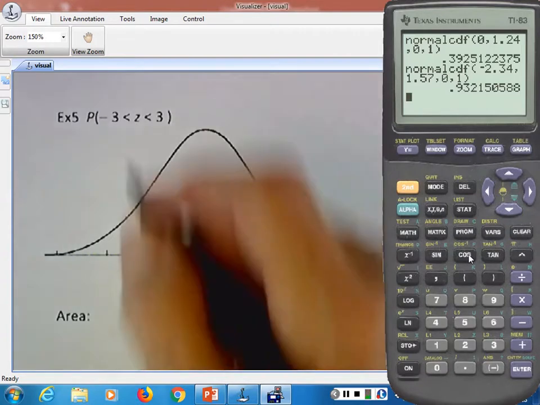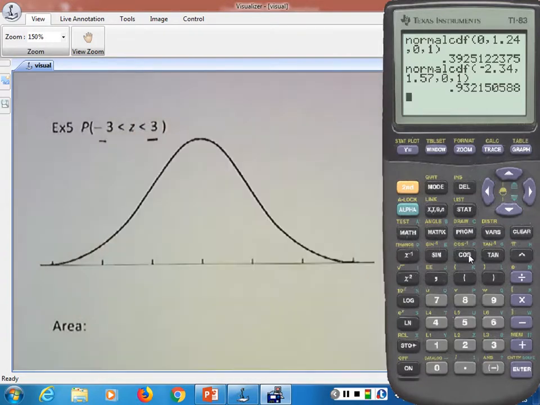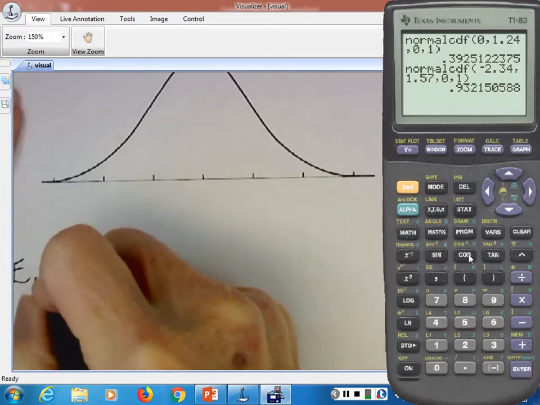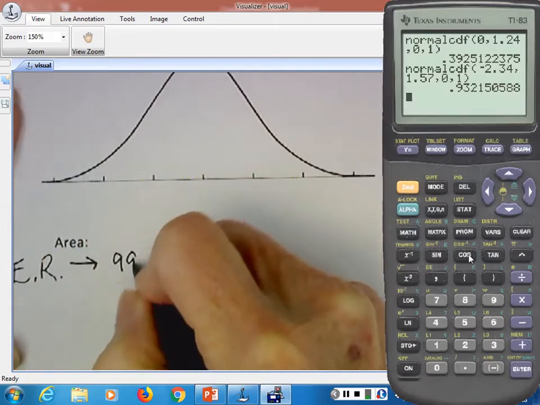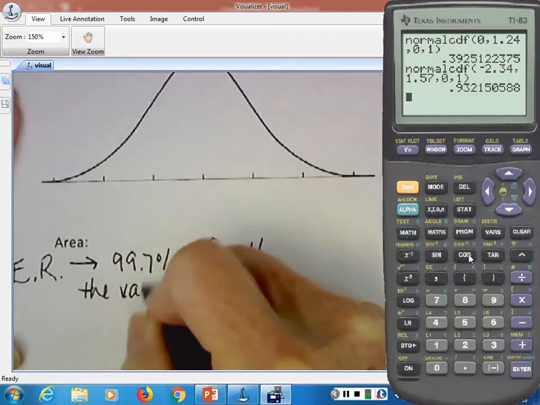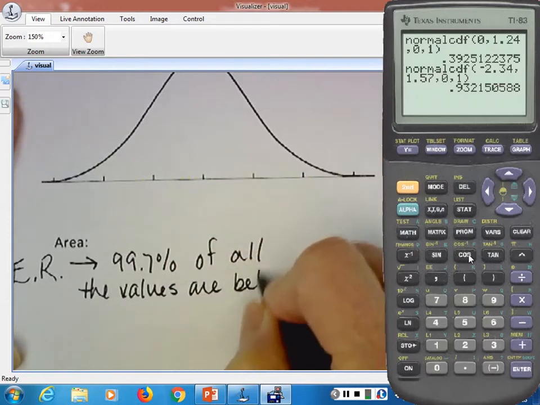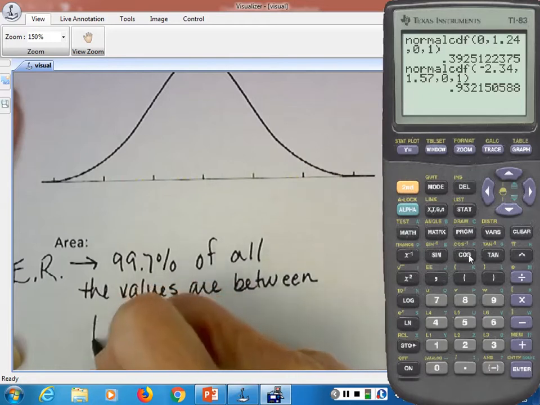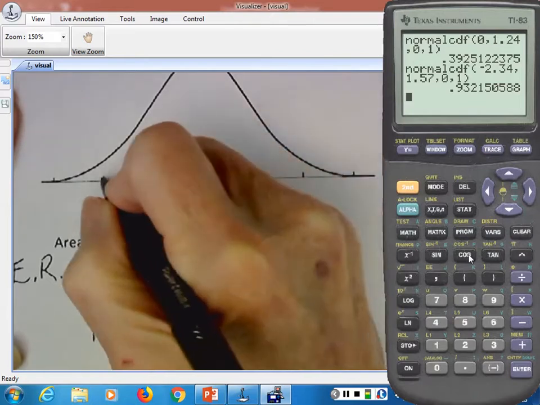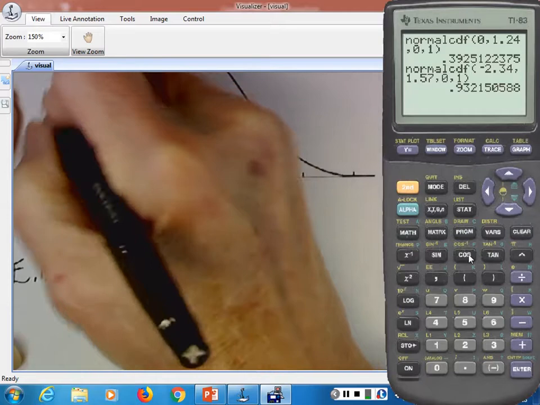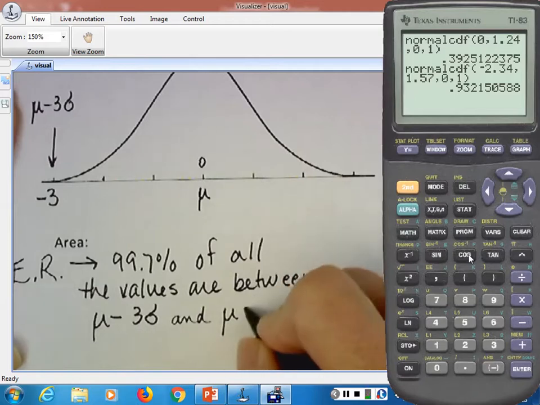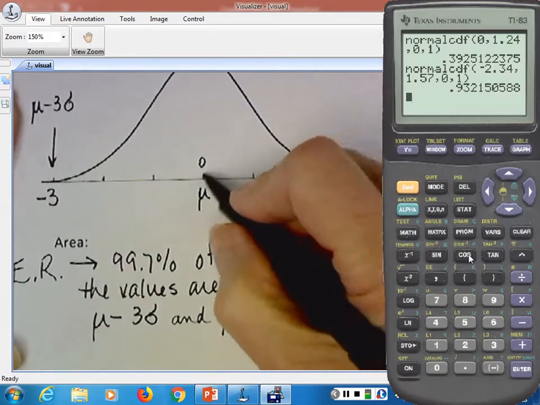Because if it says that the probability that z is from -3 to 3, the empirical rule tells us that 99.7% of all the values are between the mean minus 3 standard deviations, which would be the mean being here at 0, -1, -2, -3, and the mean plus 3 standard deviations, which would be 0, 1, 2, 3,